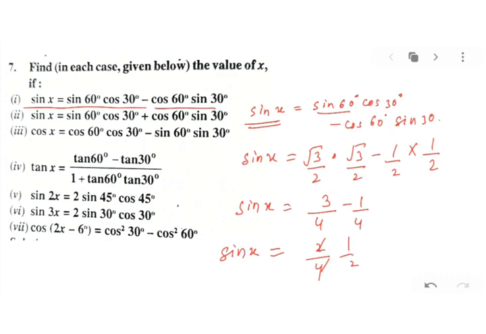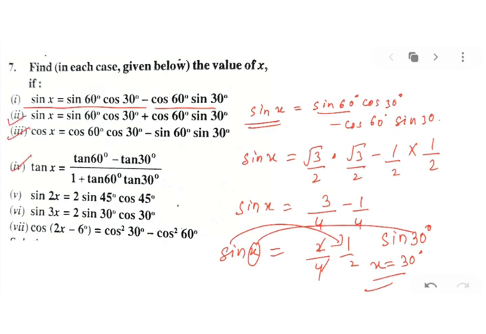Now just refer your tables. In your table, x degree sin half कब आता है? कौन से डिग्री पे हाफ आता है? So that is sin 30. Am I correct? So can I write x is equal to 30 degree? So this is how we find the value of x. I guess you will be able to do second problem, third problem. I'll jump on directly to fourth.